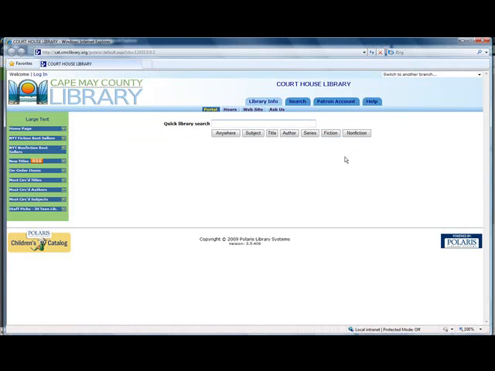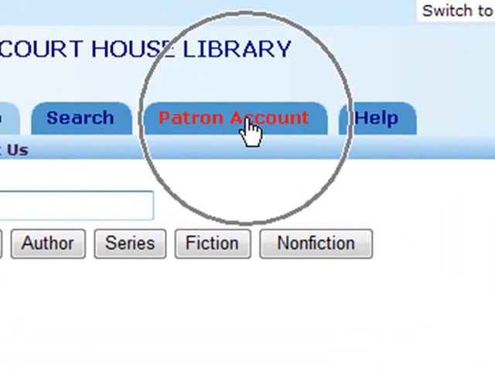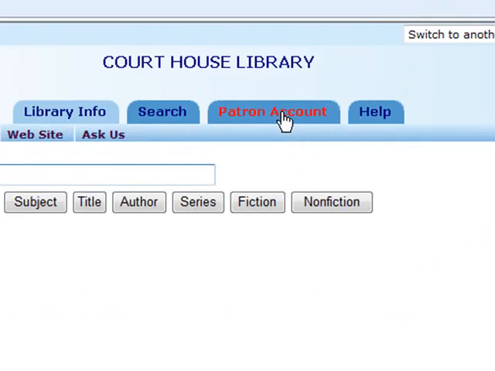Now we're going to do a title list from a search results list, and we can do a search from either the library information right here on the portal page or from the search tab. But first, I'm going to have you log into your patron account. So I want you to left click on the patron account tab,